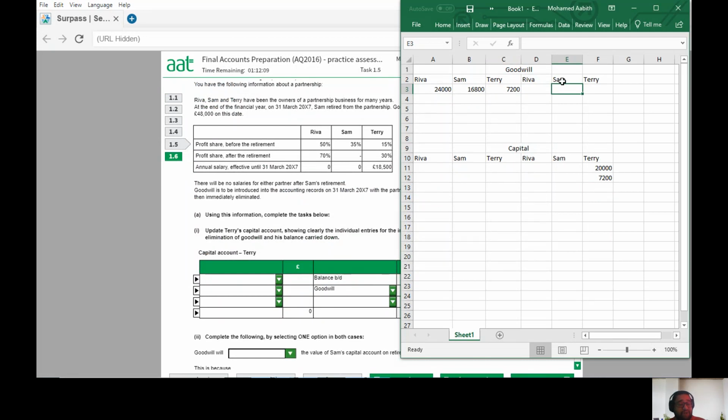Why? Because Sam is retiring, isn't it? If Sam's retiring, there's no part of goodwill impairment from his side, but Riva and Terry will take the whole of the goodwill on their account. So here, if I multiply by 0.7, this is going to be 33,600. And Terry will have, divide by 7, multiply by 3, 14,400. Now, if you look at that now,